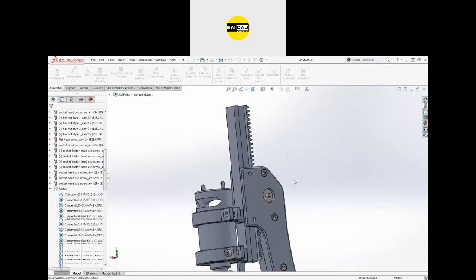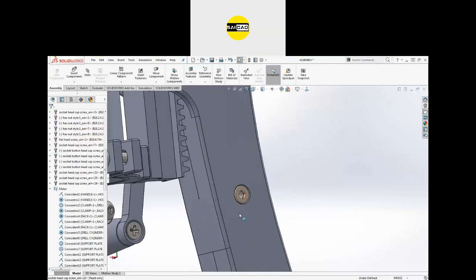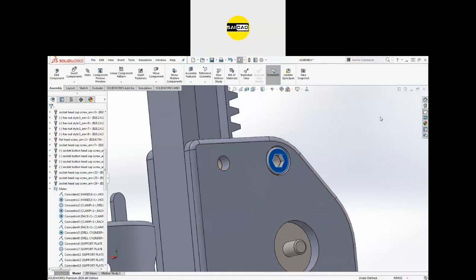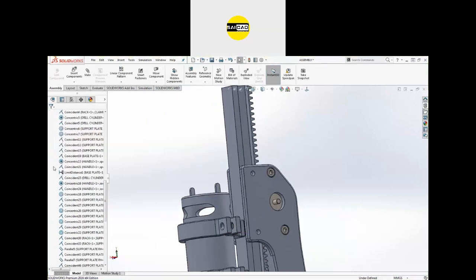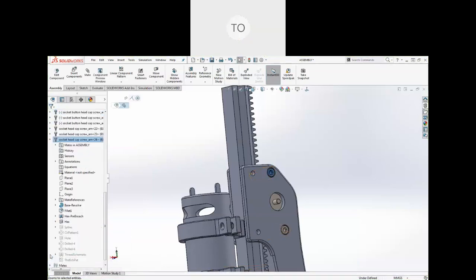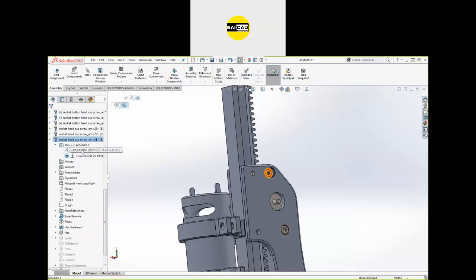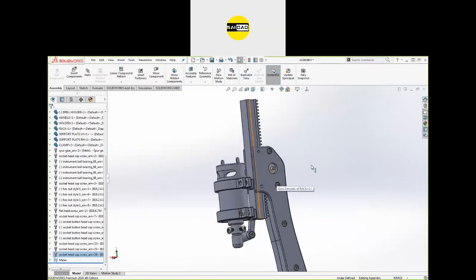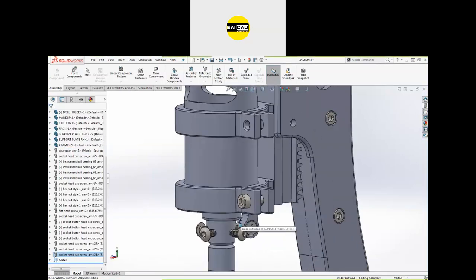Exit out from the command, you will see all the components fixed, defined properly. If you go to the part, from the last part you can edit or you can check the relation. The mates will be defined properly with the help of the copy mate option. Okay, so now we have this part.